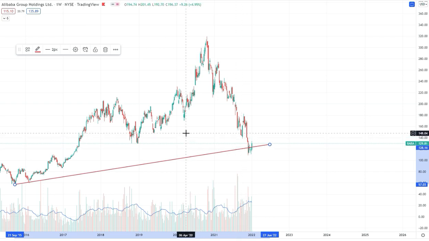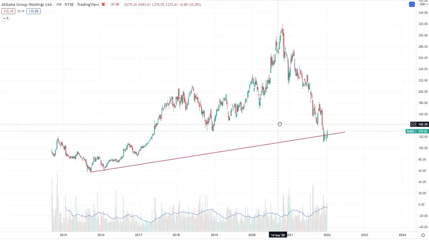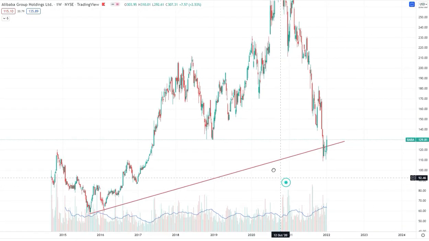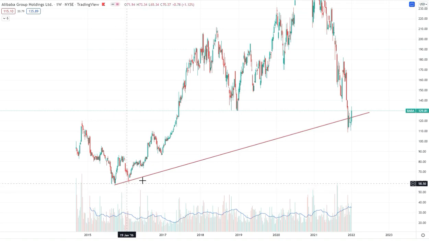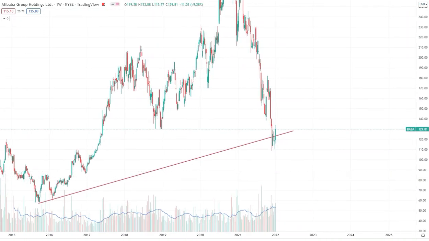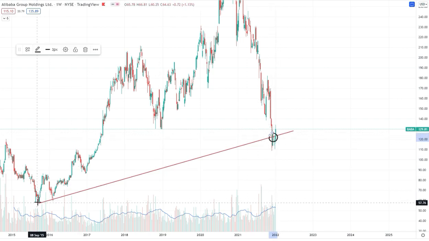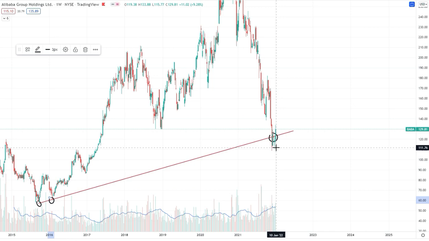Is it just the case that the price bounced from this level in the previous weeks? No, it's not the case, and this is pretty evident by drawing this trend line here. We see that at this level, which is the third touch of this long-term trend line of support, the price really felt this price area and reacted to it pretty strongly.